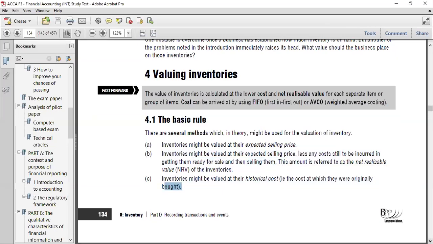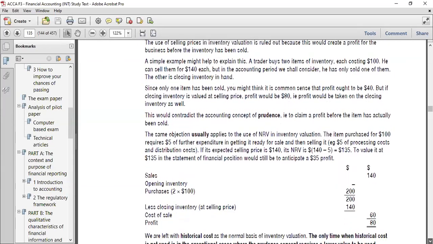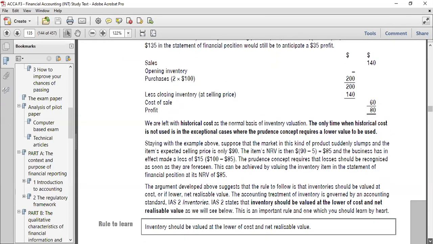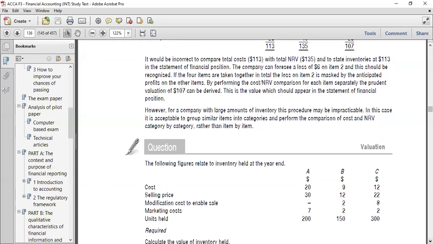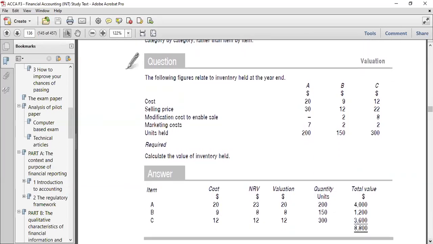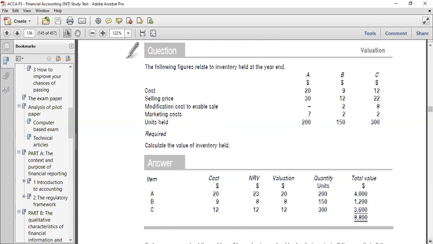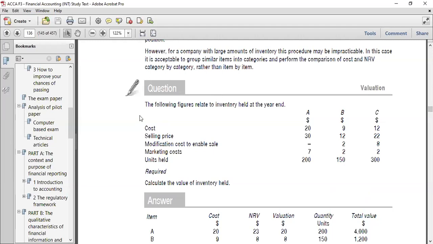Okay, yeah. So that is about inventory. You can try to look at this, and you'll be able to understand more. Okay. So I have a case here. And I actually want to comment about this. Okay. So we have